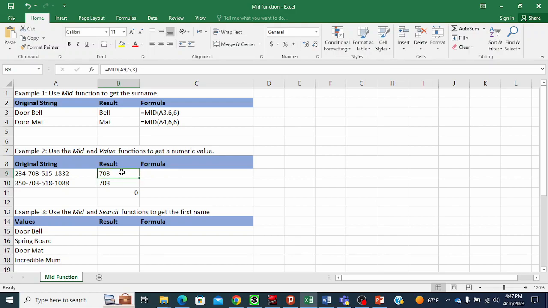So how do we convert this to values? We do this by just nesting the MID function inside the VALUE function. And of course, the VALUE function has only one argument. It is asking for the text it needs to convert into numeric values. And this is what I have. I will just hit the enter button. And as we can see right here, the sum, which I was trying to get here,